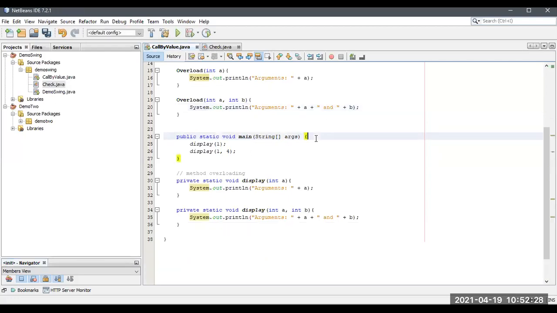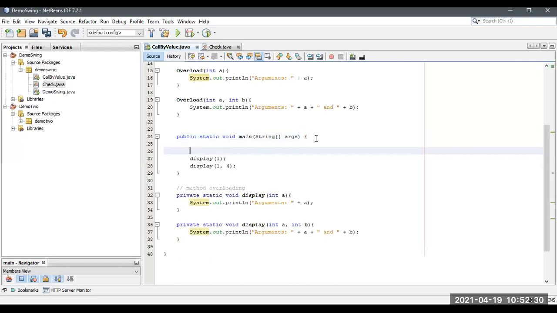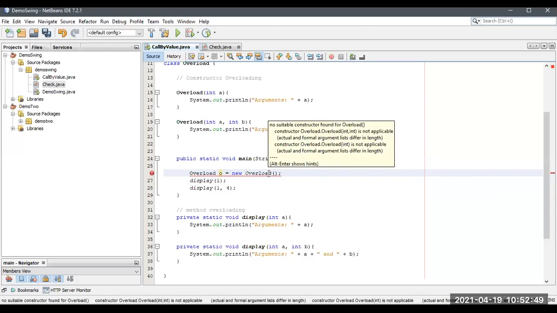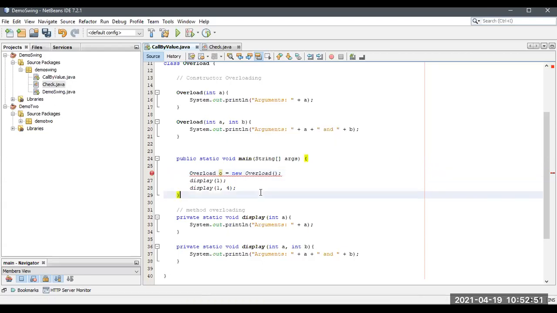Now I'm going to create an object for the same class inside the main method. Overload o = new Overload(); semicolon. Why is it showing an error? No suitable constructors are available.